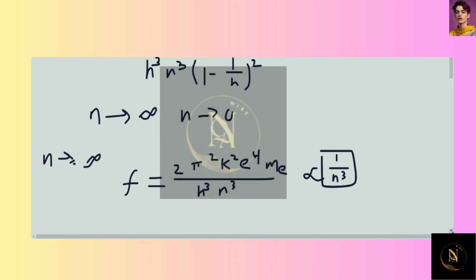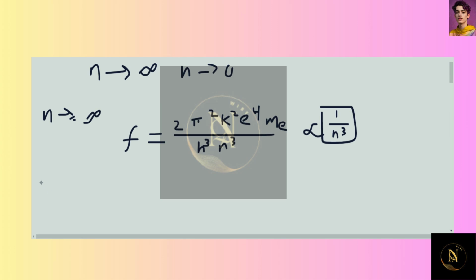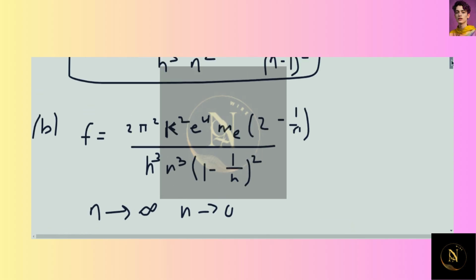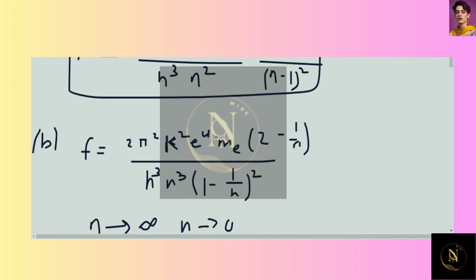And then how about as it goes to 0? Well, as it goes to 0, that number is going to get larger and larger, but it's going to go away because we have the same thing on the top. So as n approaches infinity, the frequency reduces to the classical frequency. That's really all we needed to know, though. So we combine